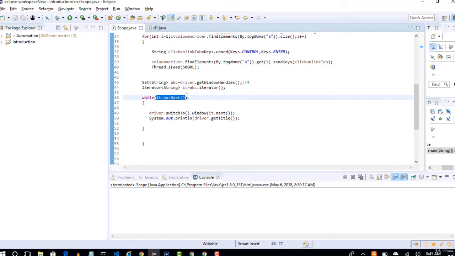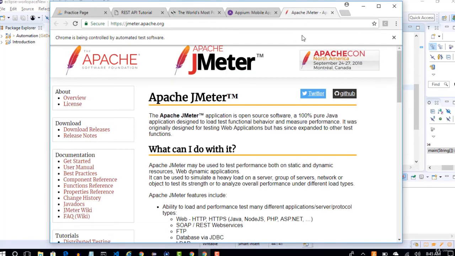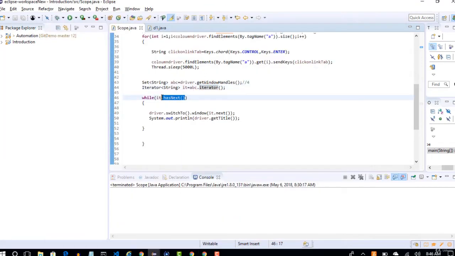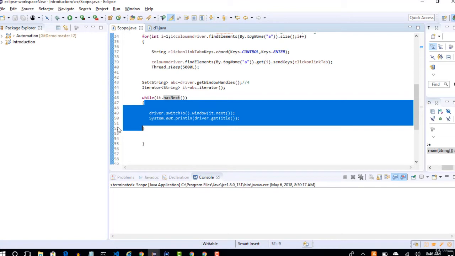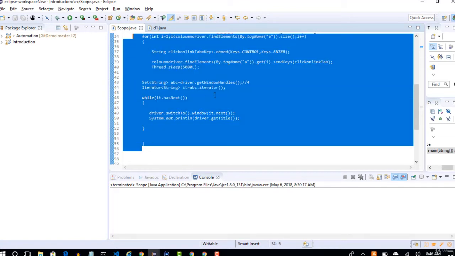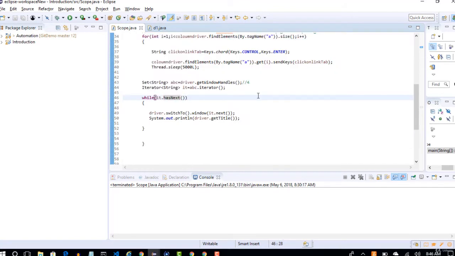It's checking in the iterator, where we are storing all the window handles, whether another index is present. Once you reach Apache JMeter, the final tab, there are no more indexes present, right? So this returns false. Once the while loop returns false, it will come out of the loop and your script execution will be completed. Okay, so that's the concept of using a while loop.